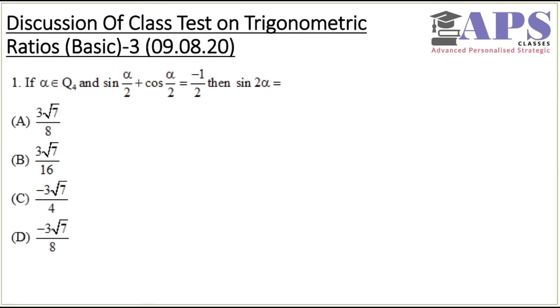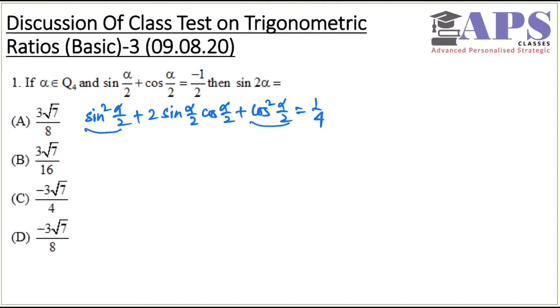So in question number 1, we can just take whole square both sides, so that I will get sine square alpha by 2 plus 2 sine alpha by 2 cos alpha by 2 plus cos square alpha by 2 is equal to 1 by 4. And we know that sine square alpha by 2 plus cos square alpha by 2 is equal to 1. So that gives, and also 2 sine alpha by 2 cos alpha by 2 by a formula is sine alpha, and that will be 1 by 4 minus 1, which is minus 3 by 4,